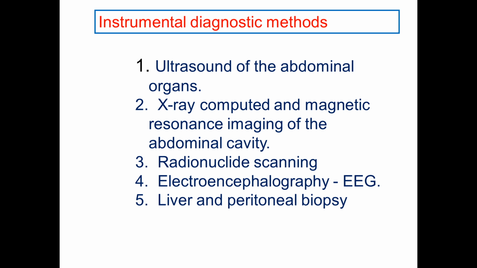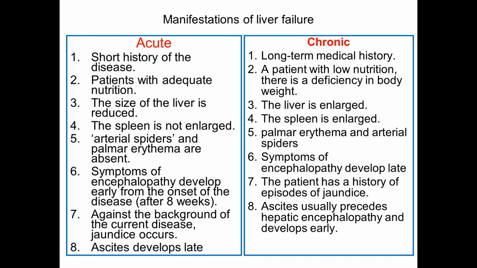Instrumental diagnostic methods: there are ultrasound of abdominal organs, X-ray, MRI and CT scan, radionuclide scanning, electroencephalography for encephalopathies, liver and peritoneal biopsy. Acute and chronic liver failure manifest differently. For example, in case of acute liver failure, you could find a short history of the disease, whereas chronic has a long-term medical history. And acute is characterized